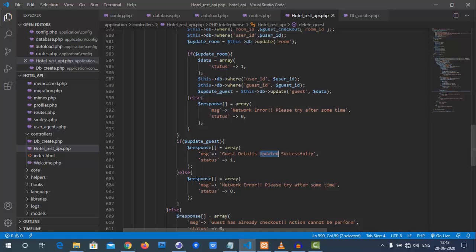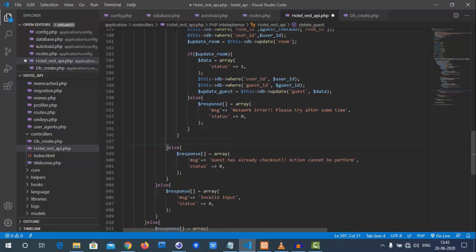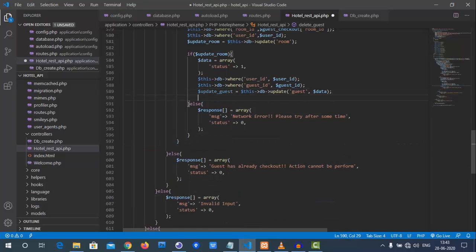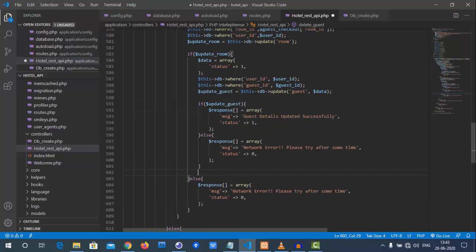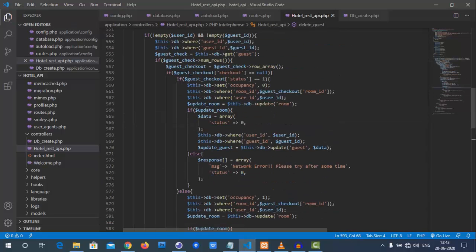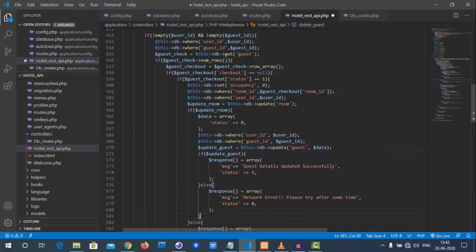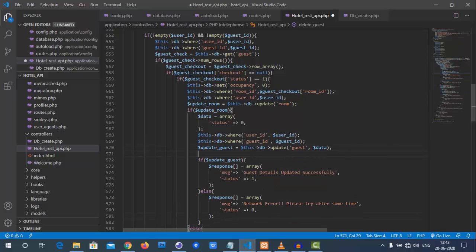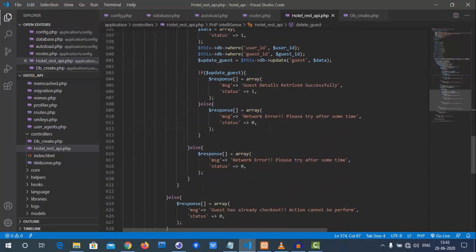And here we go with the guest details again. It may be deleted or it may be updated, so if it is from here, we need to have separate messages. That's the reason we need to write it here itself. Here the status will be guest details retrieved successfully, and here it will be guest details deleted successfully.